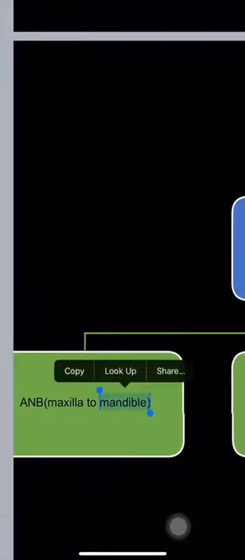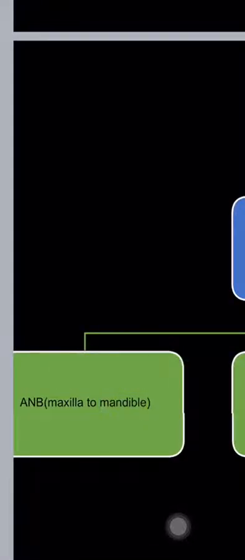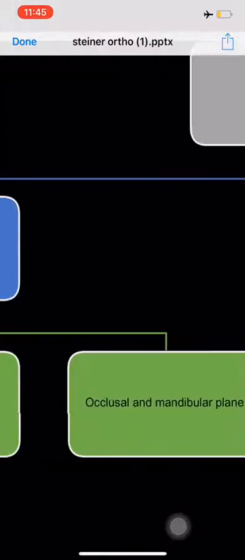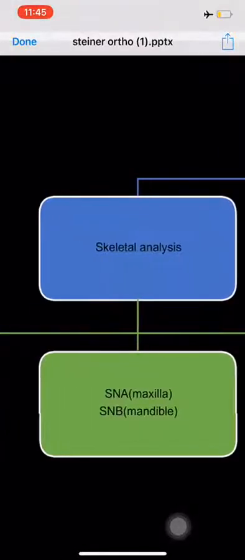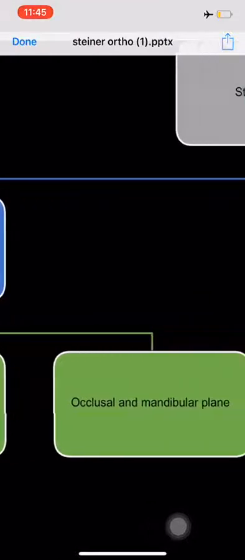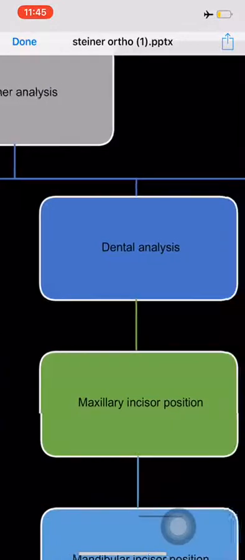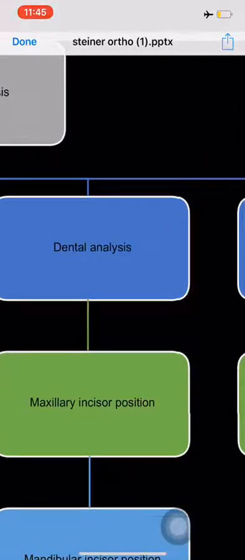Here we can see A and B, maxilla to the mandible. Therefore, the A and B maxilla to the mandible relationship we can conduct it as about 2 to 4 degrees. While occlusal plane and mandibular plane also form an angle. While in the dental analysis, maxillary incisor position, when we take